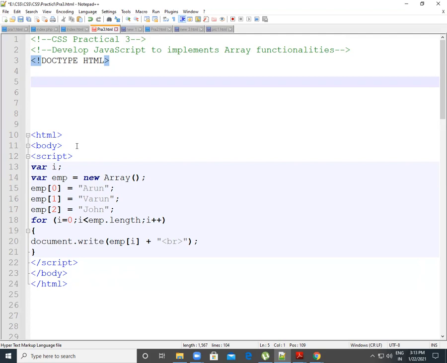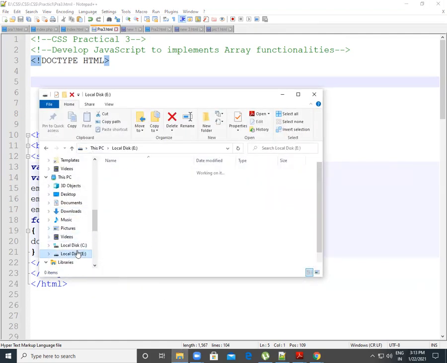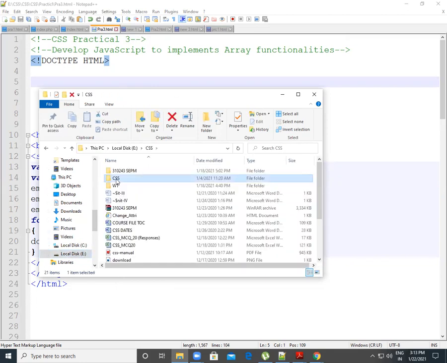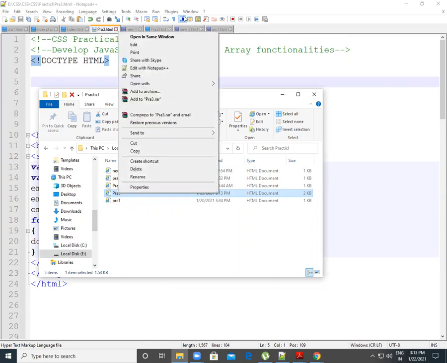So employee.length gets that array length. Then we put that array because we want to print that array. So we use the document.write function, and in that document.write function we provide the array employee[i]. Okay, so let's see what we got with this program. Let's save this program and we will see. Okay, let's run this program.